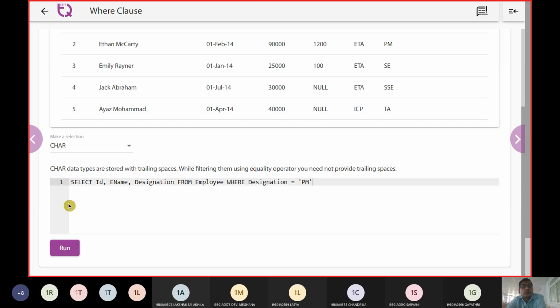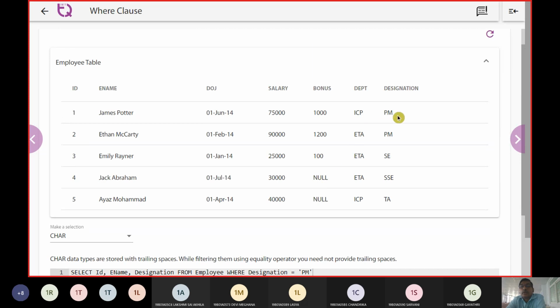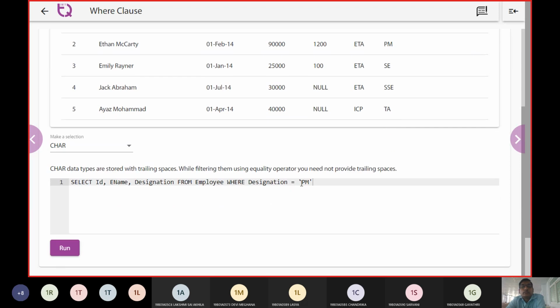Now you can see here: select ID, name, designation from employees where designation is equal to PM. We have PM, SC, SSC and TA. We have 2 occurrences of PM, which is part of a character data type.